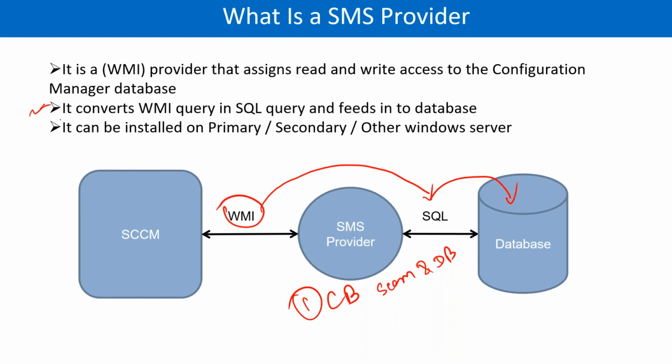And the third point, it can be installed on primary. You can install this on the primary site server. You can install this on a secondary site server, or on any other server. You can also install it on the database server. Okay,